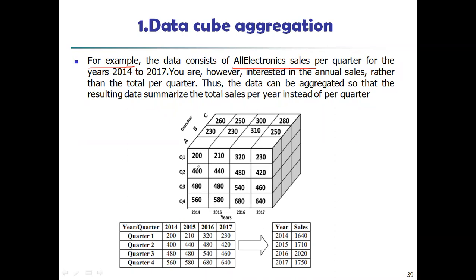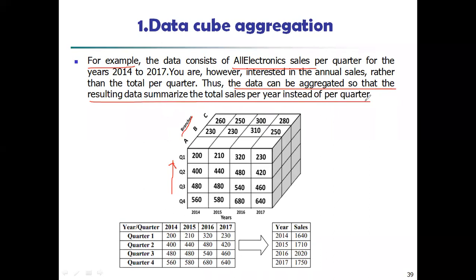Here we have represented the data in branches and time and years. Time is represented in the form of quarters. A year has 4 quarters, isn't it? So that would be represented in 4 quarters: quarter 1, quarter 2, quarter 3, quarter 4. That is the time of a particular year, isn't it? Now the data can be aggregated so that the resulting data summarize the total sales for year